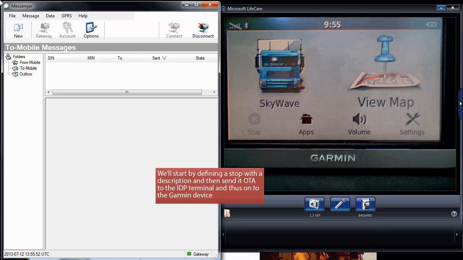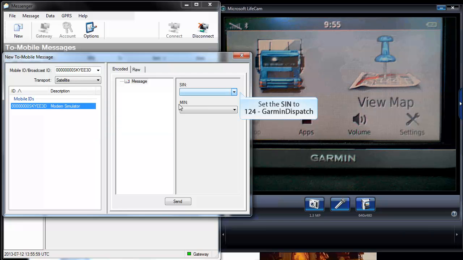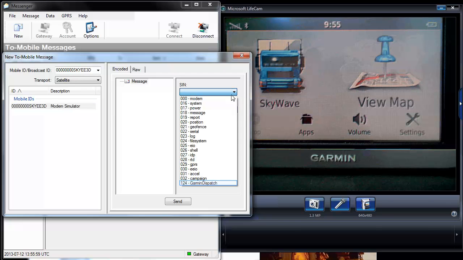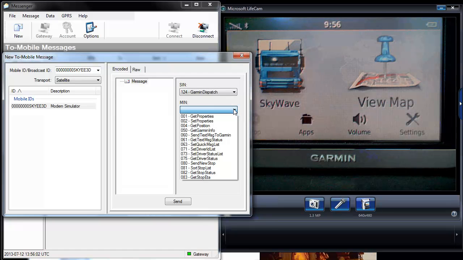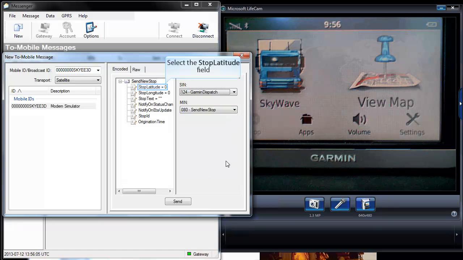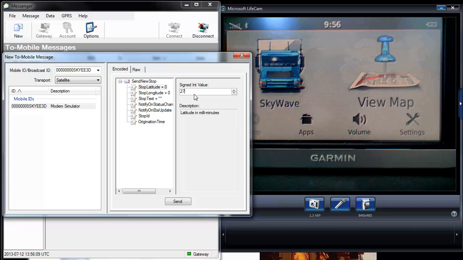So let's start by defining a new stop and send it to a Garmin device. So we'll do that over the air. We'll send a to-mobile message to our terminal. So we'll select the terminal ID and then the service, which is Garmin Dispatch, and then the to-mobile message, send new stop. Now we need to provide for that stop the latitude and